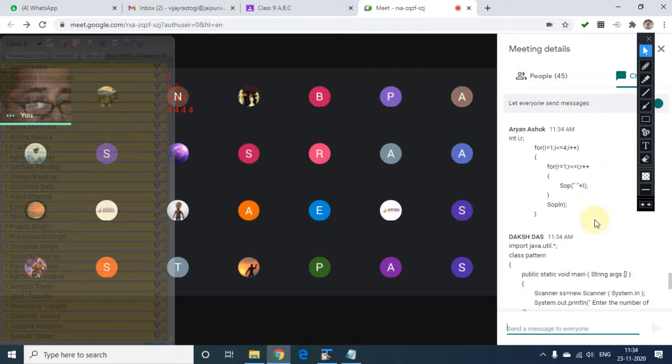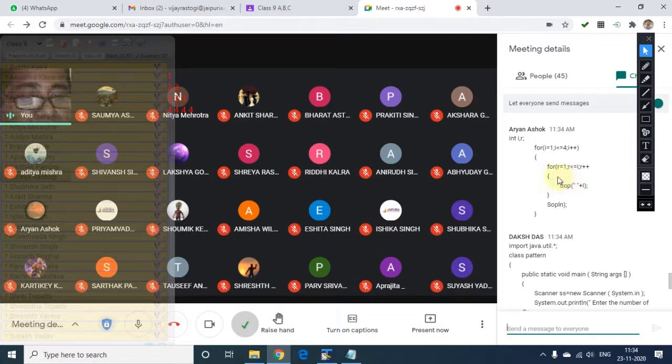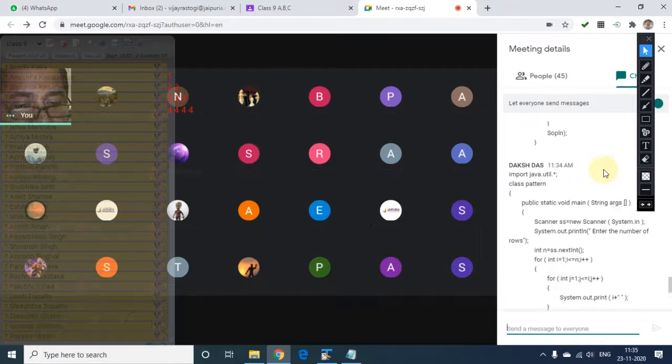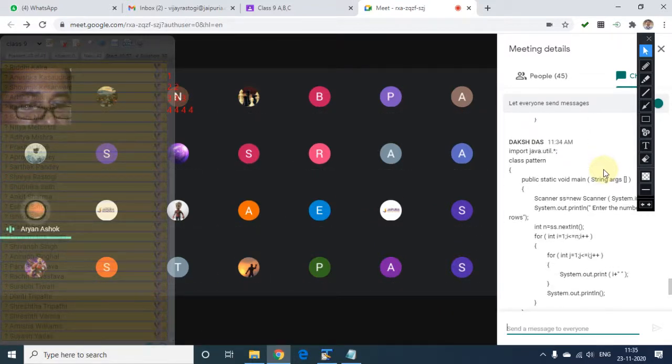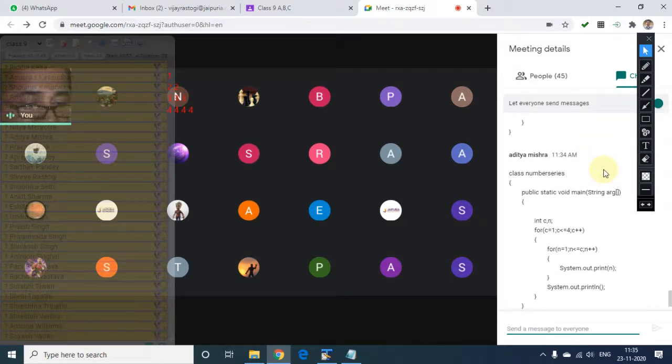Aryan Ashok, yes, it is also fine. Aryan, in the second loop, the closing round bracket is missing. Yes, sir. So when I type 5, the rest is fine. Daksh, absolutely fine. Aditya Mishra, 1, C, N.